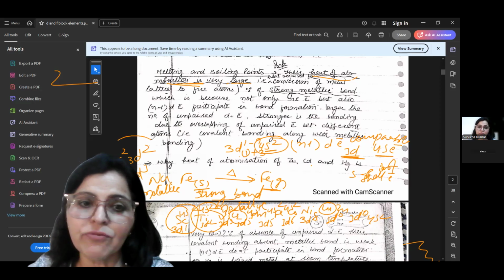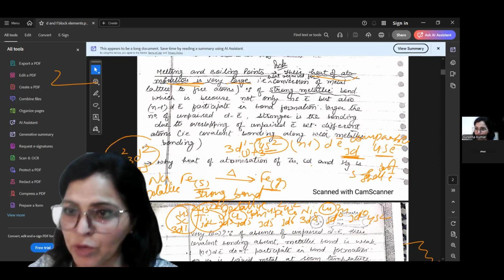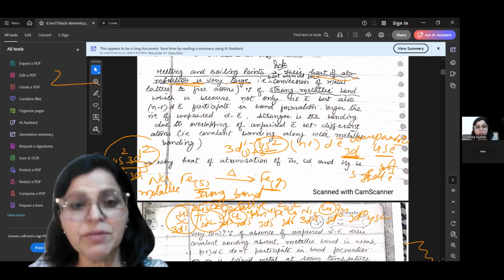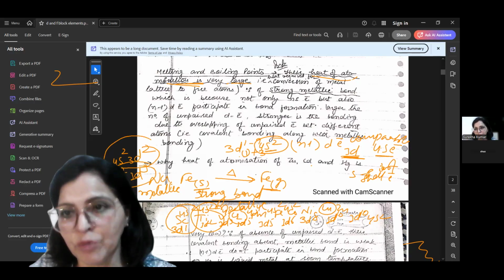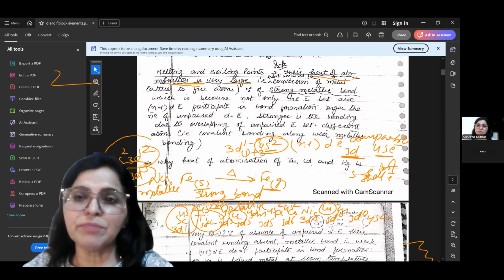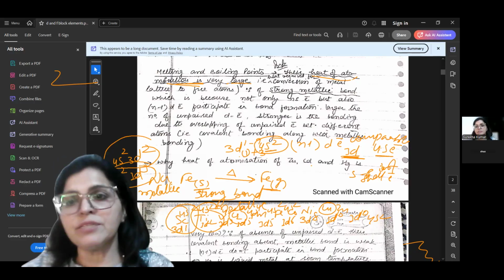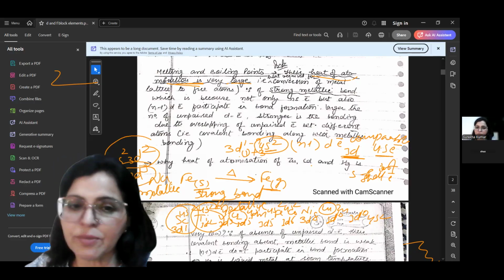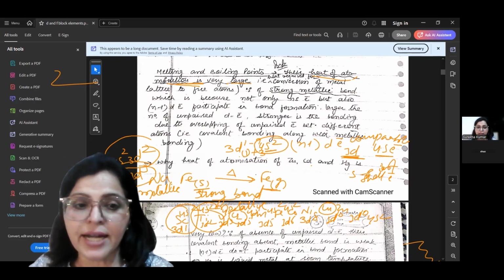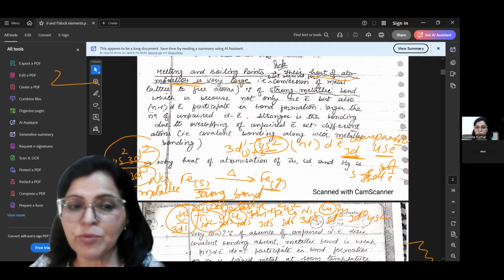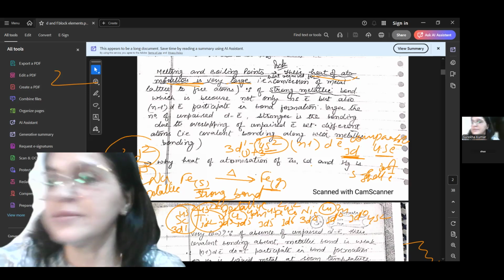In vanadium, 5 electrons will participate in bond formation. So larger the number of electrons participating in bond formation, stronger is the bond. So scandium, its boiling point will be the lower. Titanium has,